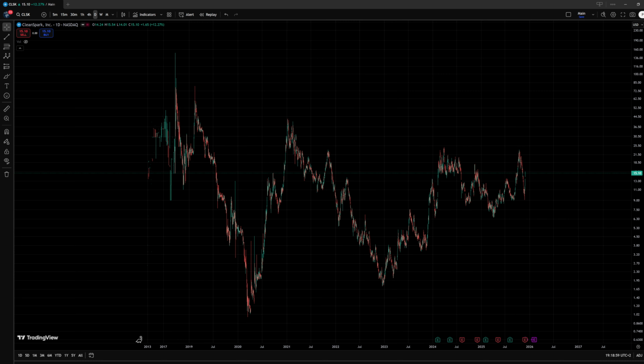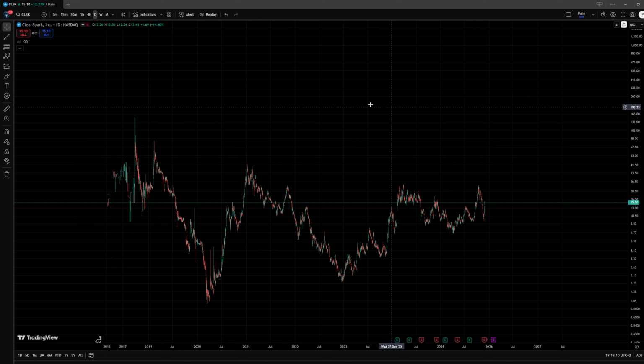In this video we are looking at CleanSpark. This was a stock analysis request from one of the followers, and I wanted to let you know that anyone can make these requests and I will most likely cover them, especially if there is an actionable trade setup to follow. Now on this chart we are looking at a pretty decent initial movement to the upside from the all-time